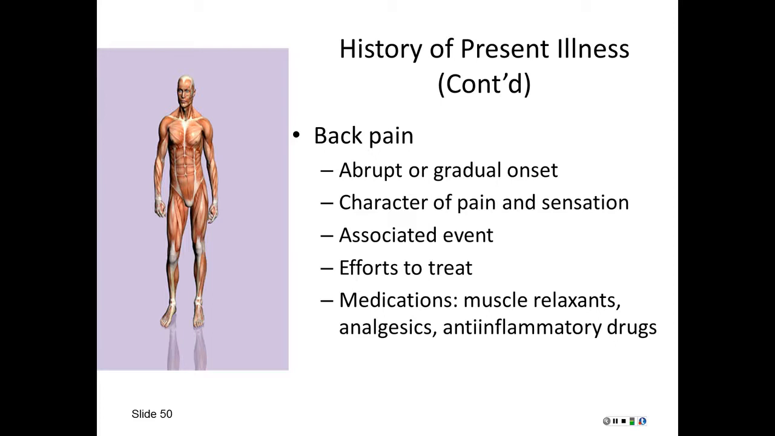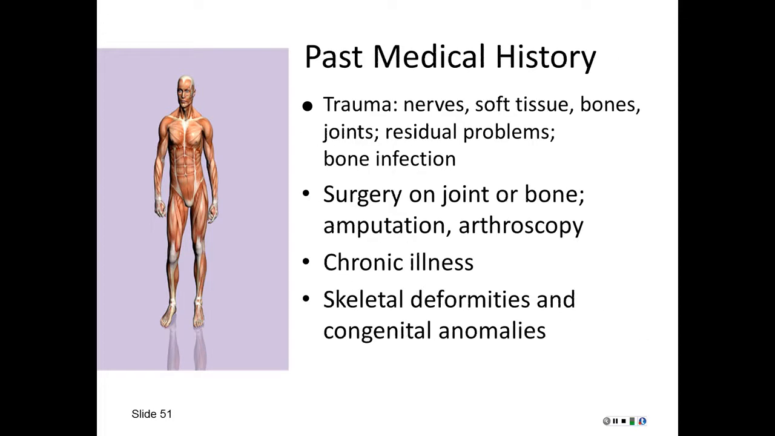Back pain. Find out if it was abrupt or gradual onset, the character of the pain and sensation, if there was any associated events and efforts to treat, and what kind of muscle relaxants, analgesics, or anti-inflammatory drugs did they take. You also want to note the trauma, the nerves, soft tissues, bones, joints, and any kind of residual problems that they might have